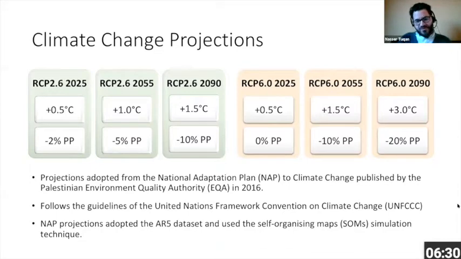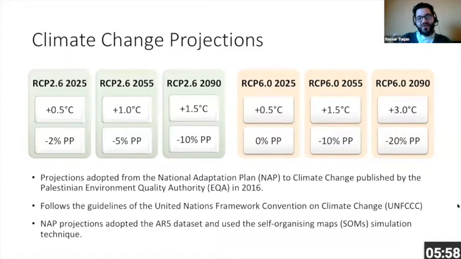For climate change information, we went to the Palestinian Environment Quality Authority, which produced the NAP, the National Adaptation Plan on Climate Change, following the UNFCCC guidelines. And they predicted for the pathways of RCP 2.6 and RCP 6.0 on 3 different time scales: 2025, 2055, and 2090, different shifts in temperature and precipitation, which were the main 2 variables that we need to work on,